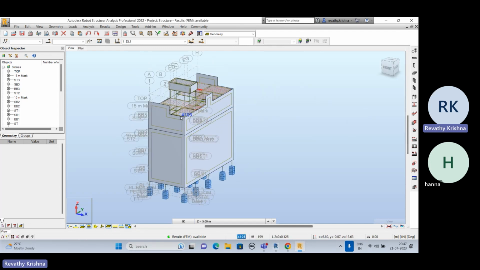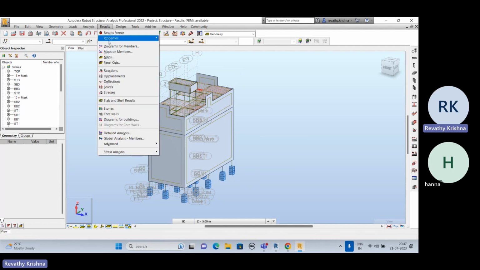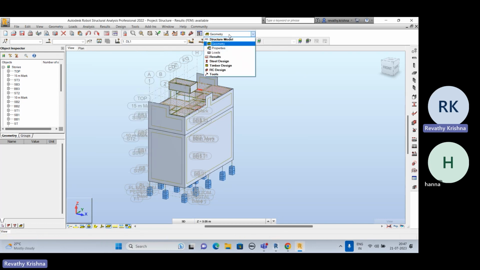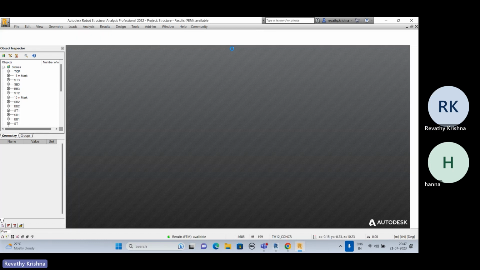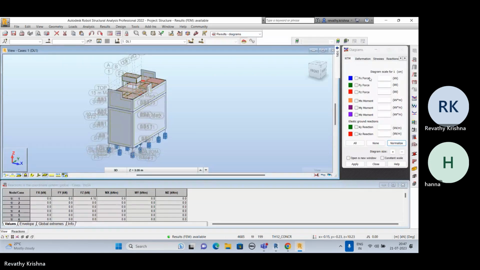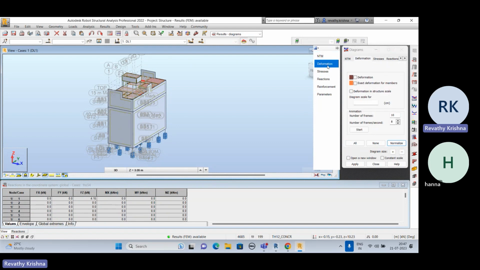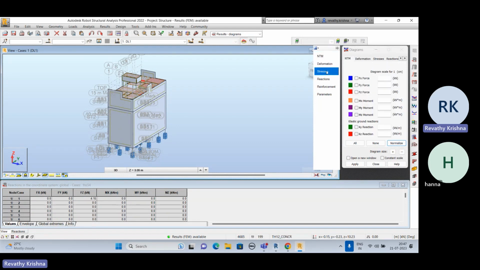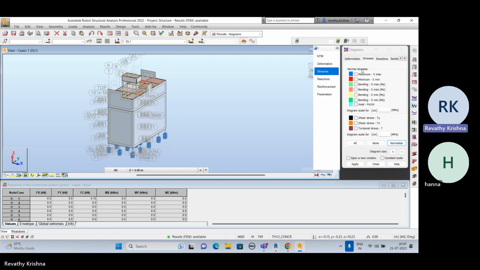Then we have to show the result. For that, go into the result panel. From here we can see the results, or otherwise from the layout panel, here we have the option results. If we want to show the results as diagrams, go to the diagram option. From here, we'll get the result portion: deformation, NTM. If we want to see any deformation or stresses or reaction, if I want to see stresses,